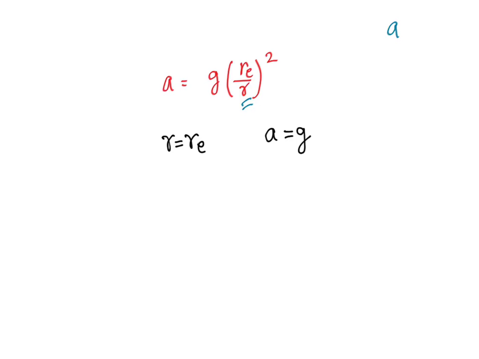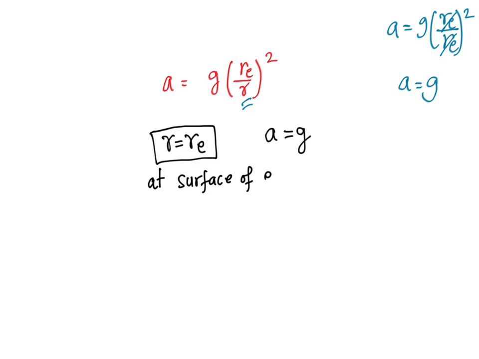Let me show you that here. g multiplied by RE over RE whole square. These two can get cancelled out and I will get A is equal to g. So at the surface of the Earth, we have got acceleration as g, which is 9.8 meters per second